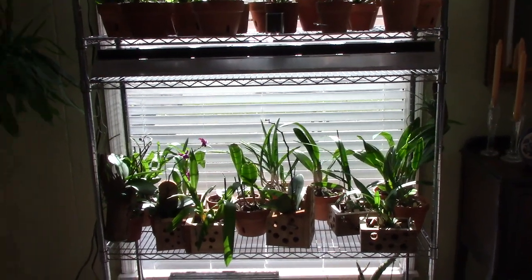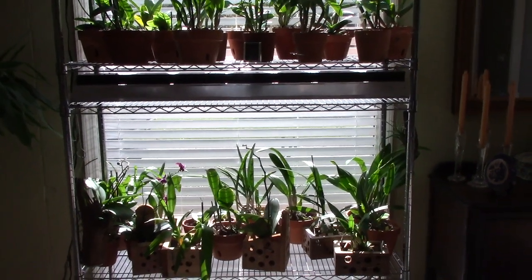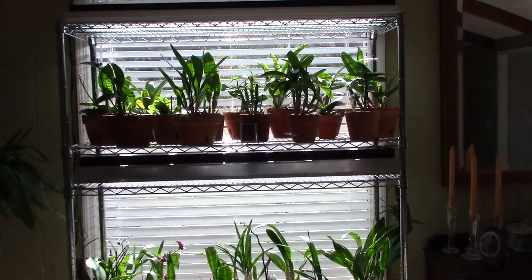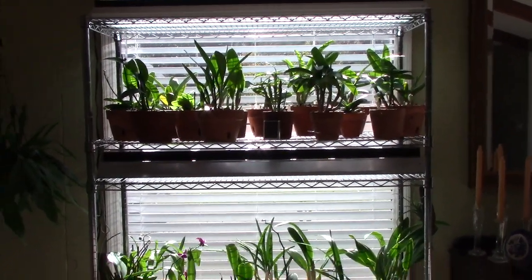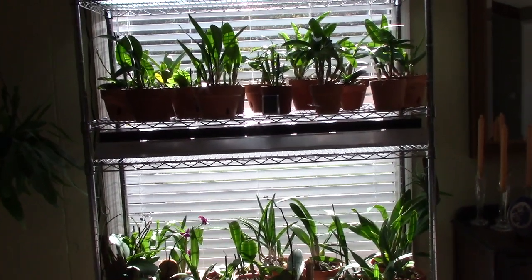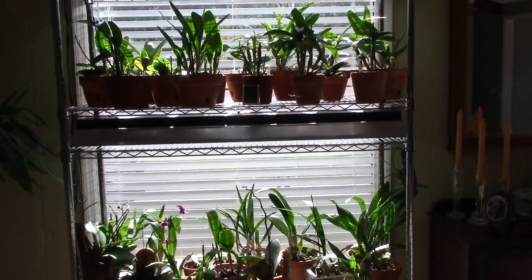Well, good morning, everybody. Beautiful day here in Alabama. I've had a lot of requests to show my plants and what I'm doing and how I'm caring for them in the winter. Today is November 15th, and I brought these plants in on October 10th, so they've been inside for about 5 weeks. I grow inside for 7 months of the year, and I'm only outside for 5 months